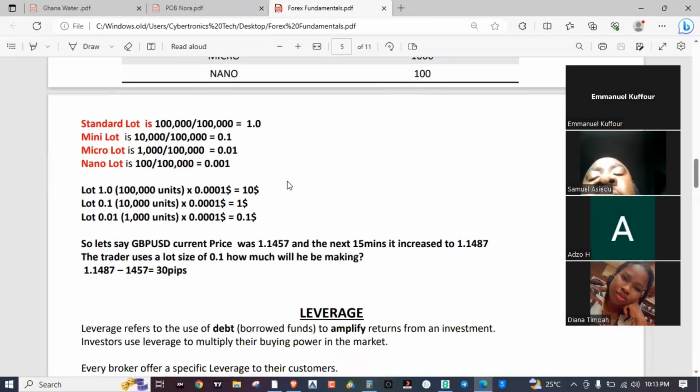So now, how did we arrive at one lot? Because when you go to the chart, you'll not be seeing 100,000 units. You'll be seeing one lot. Now this is how we get to one lot. We said that a pip is 4 decimal places. One pip is 4 decimal places. So we come here, you can see that. You see the value